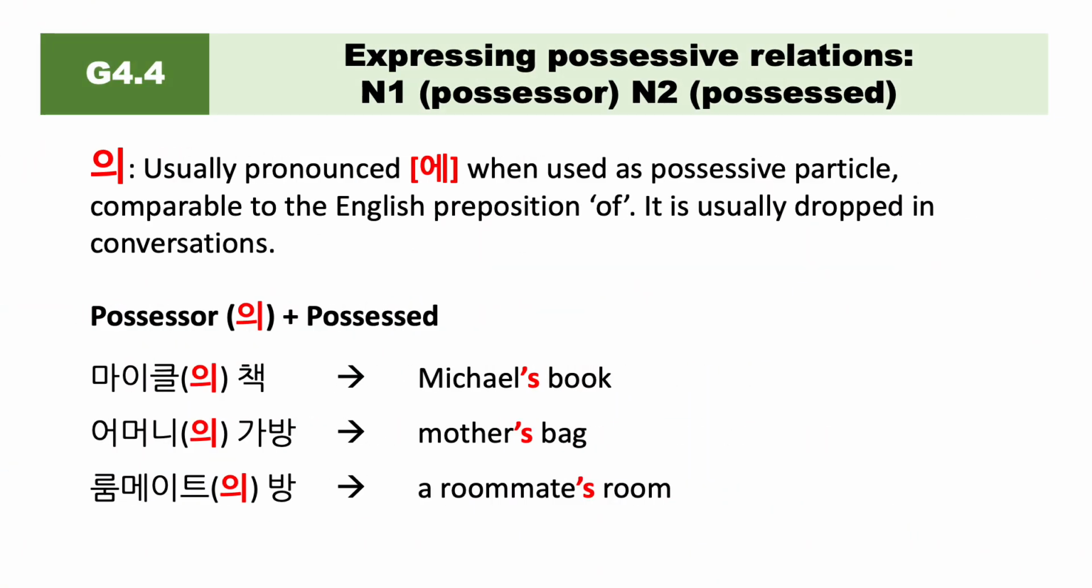의, is usually pronounced 에, when used as a possessive particle comparable to the English preposition of. It is usually dropped in conversations. 마이클의 책, Michael's book, 어머니의 가방, mother's bag, 룸메이트의 방, a roommate's room,